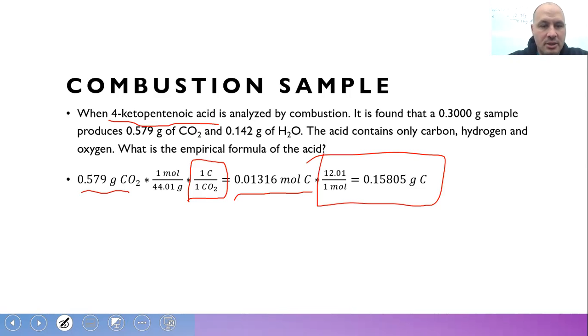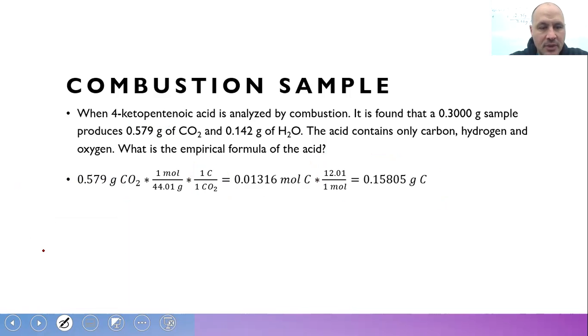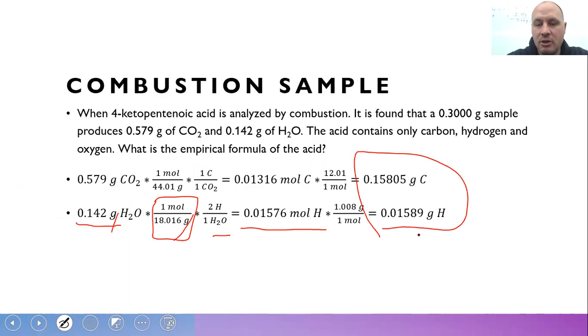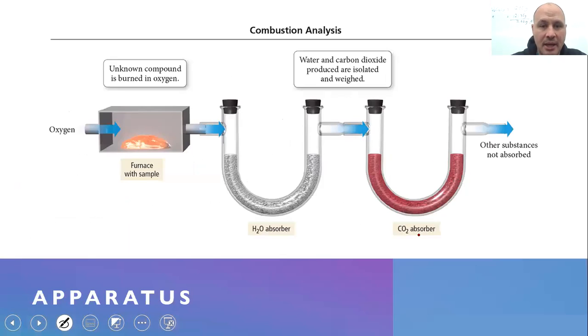Okay, so let's go ahead and clear my screen again. And let's go to the next one. We're going to do our water. Same deal again. You'll see, we took our grams of water and converted it to moles here by canceling out my grams. I know my slashes are off a little bit. And then you'll notice there are 2 hydrogen in every 1 water. So I get my moles of hydrogen. And then I went ahead and found those grams. So these are my grams of carbon and my grams of hydrogen. Because if you recall, going back,